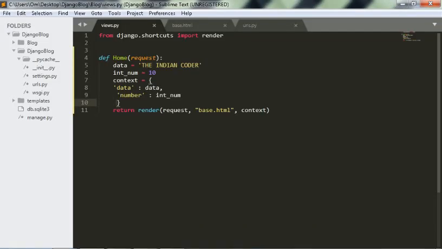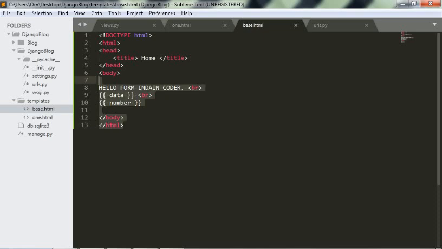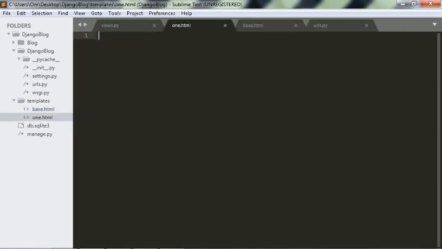We can also extend templates in Django. To extend templates, let us create a new template, a new file, 1.html. We have created a new template 1.html, and I want to take base.html as a base template for 1.html.